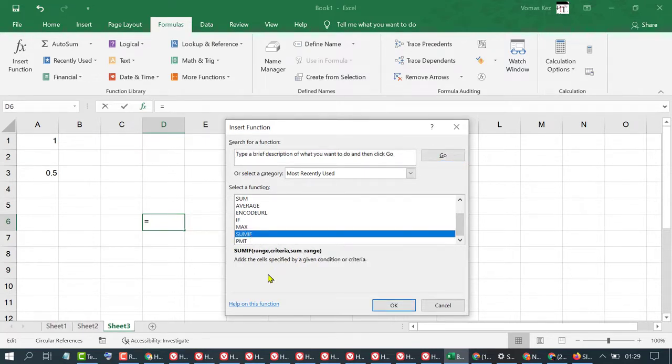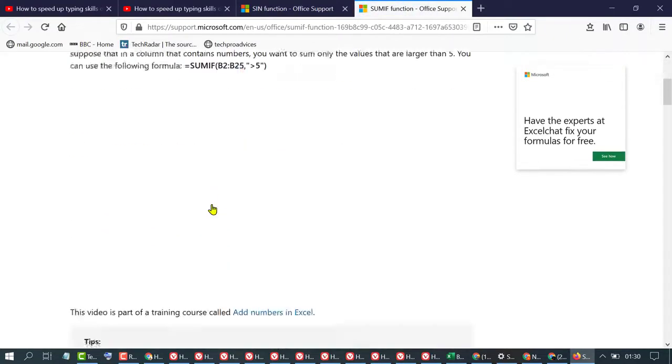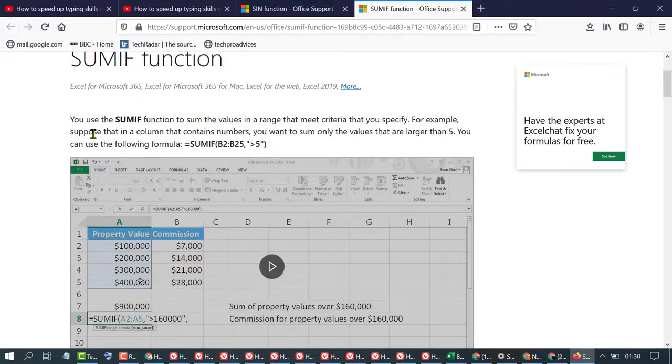SUMIF adds the cells specified by a given condition or criteria. Help on description. So also you will see a video. You use the SUMIF function to sum the values in a range that meet criteria that you specify. For example, suppose that in a column that contains numbers, you want to sum only the values that are larger than 5. You can use the following formula,